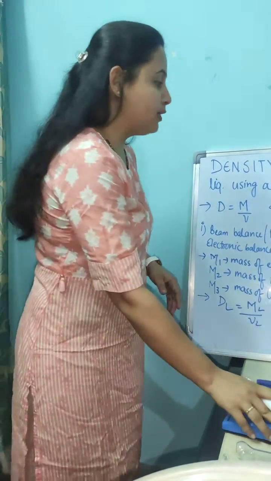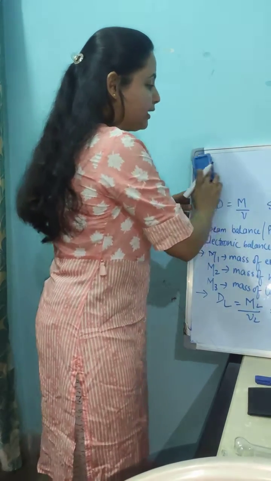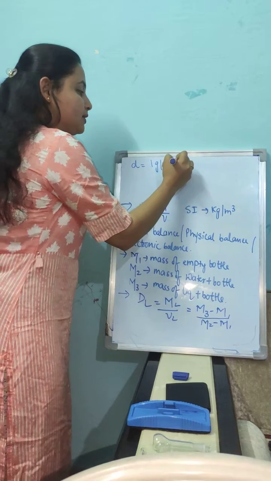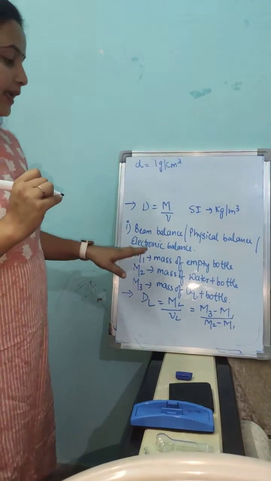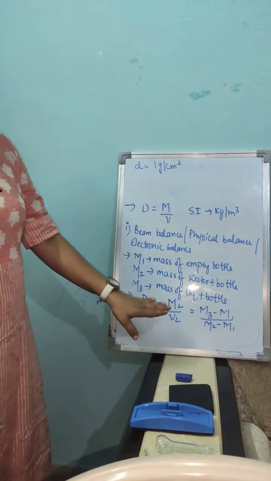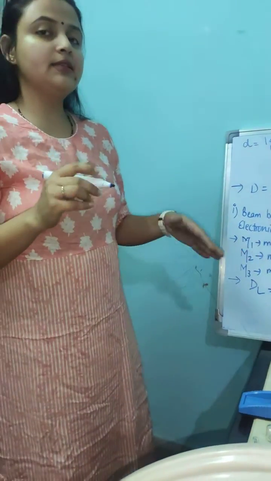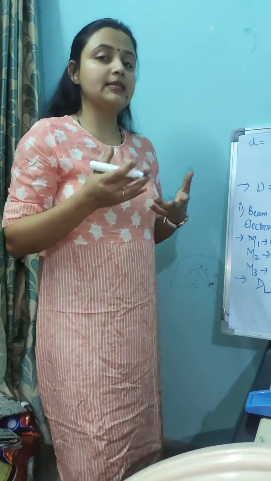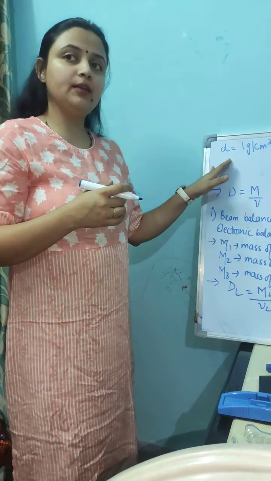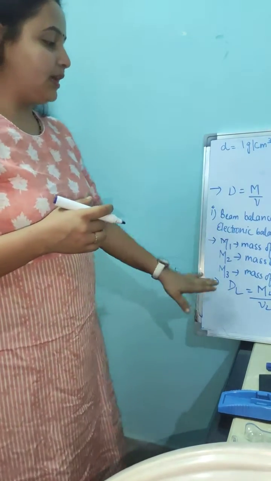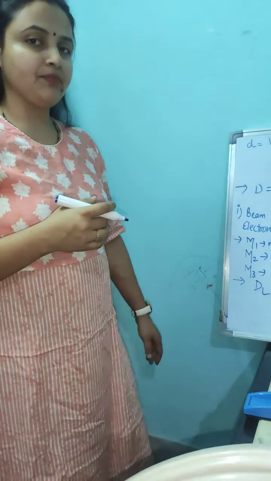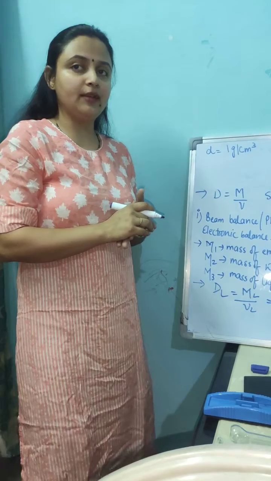Why are we using this concept? As we know, the density of water is 1 gram per centimeter cube. So the density bottle filled with water gives me the volume of that particular liquid, because this is the speciality of a density bottle, as it holds only a fixed amount of liquid. I believe this is clear to everybody. Now we divide the two quantities and find the density of the liquid. This was the first concept that we have learned.